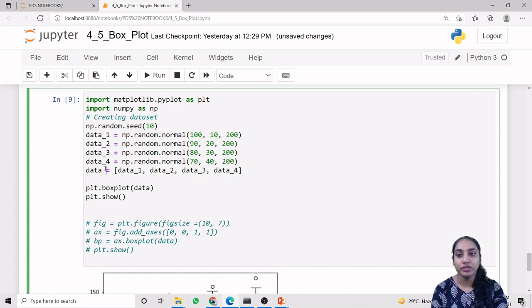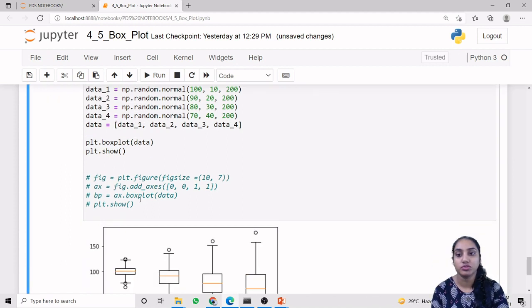Now we are adding all of them to a single data variable. We are also using a seed, so the normal values will be the same. Now we are using the box plot method for the data and representing our box plot. So this is the output.